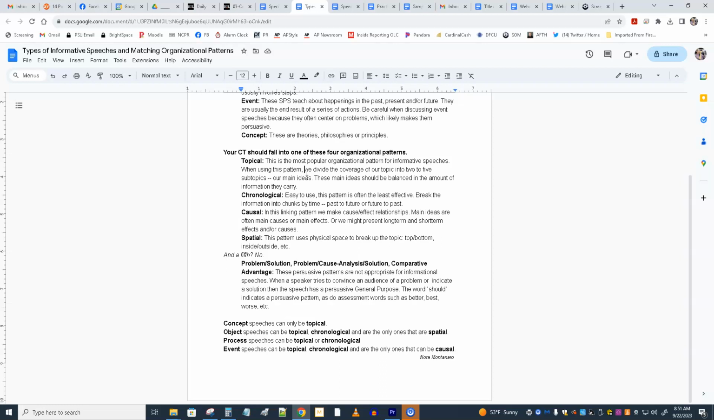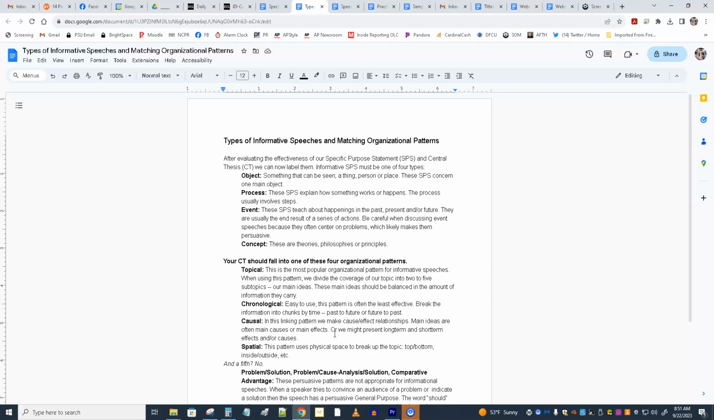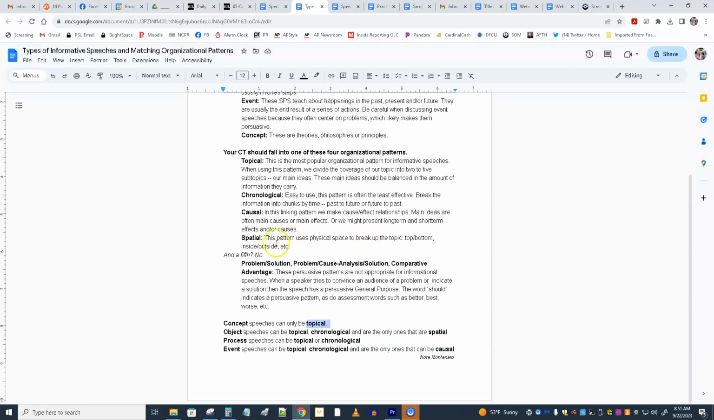So I gave examples of these and wrote some out, and I don't have those to do for you right now. And by the way, do notice that certain types of SPSs can only have certain types of organizational patterns. This is all in our attempt to further organize information, name information, structure information, to determine, are we doing what we're planning? And also determine, for instance, is it a problem solution, problem cause solution, comparative advantage? These address problems or compare things, which are actions. And those we do not use, because those are not informative. Those are persuasive